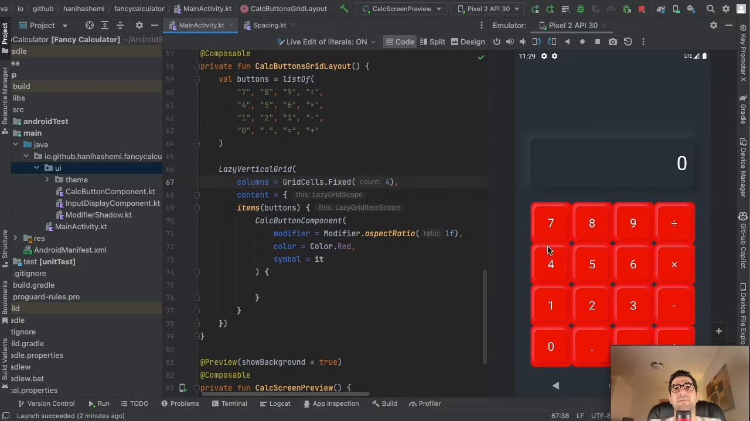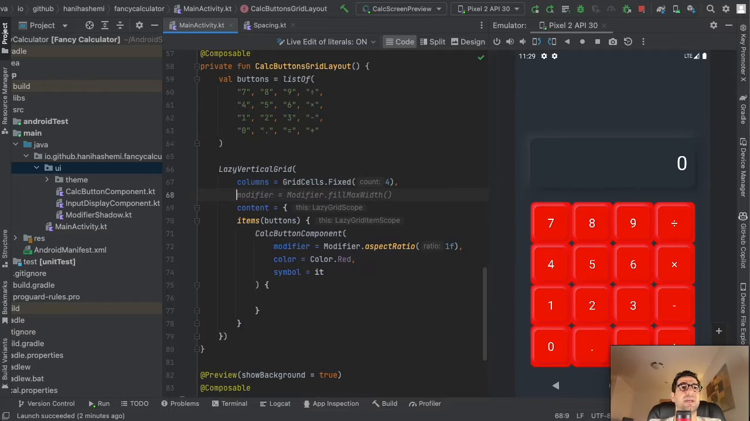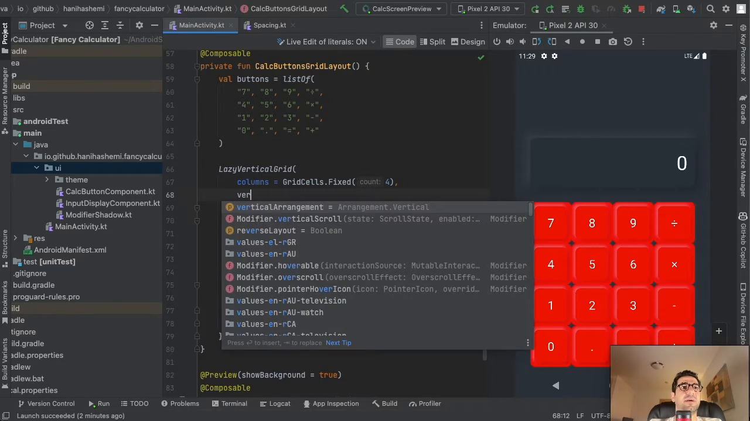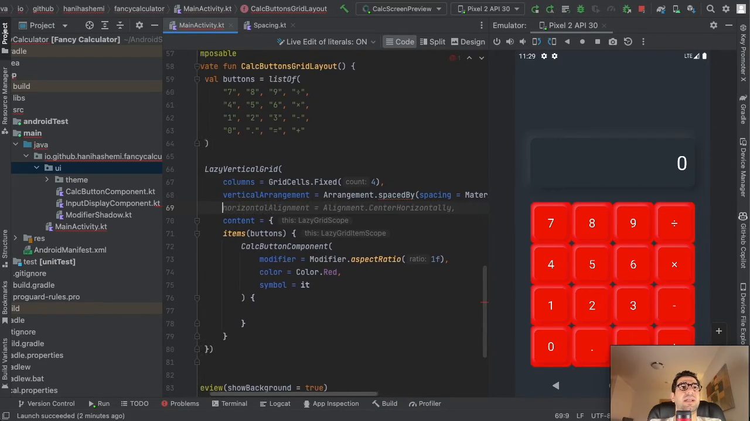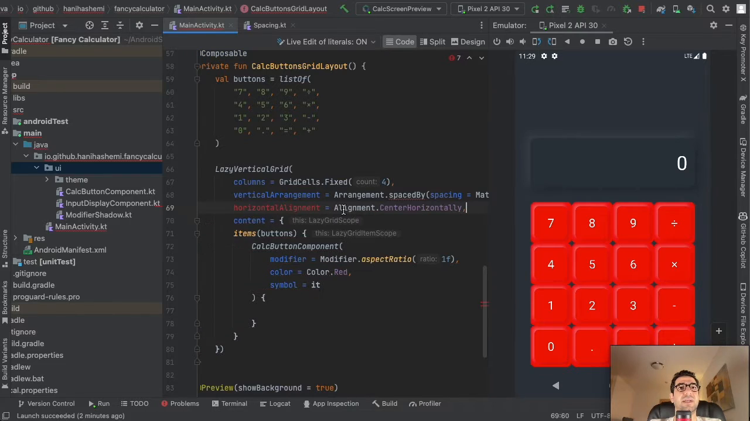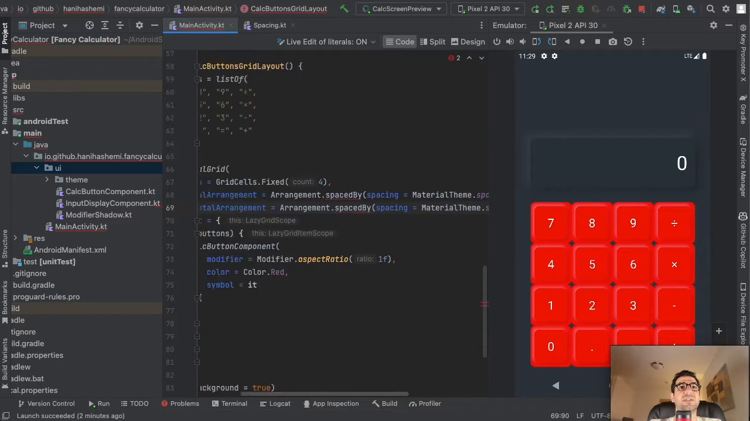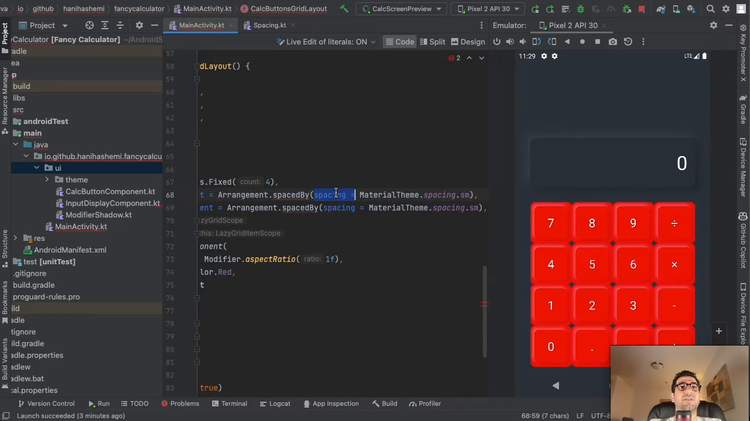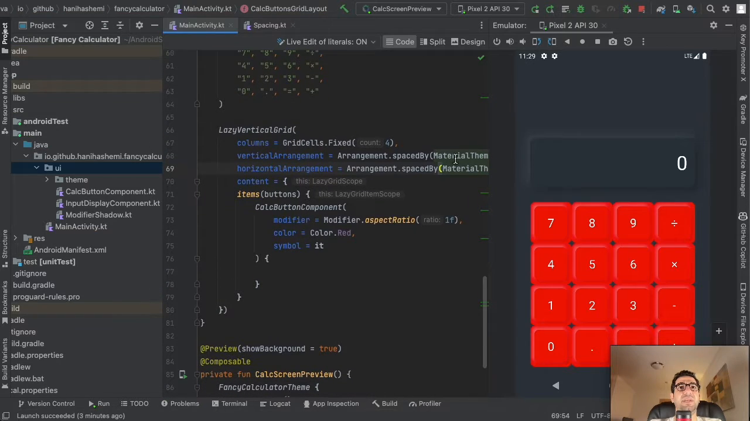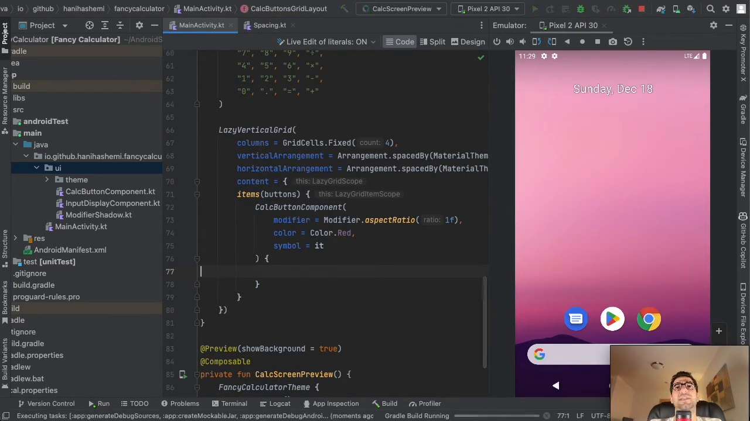The problem that we have here is about these paddings. I'm going to use verticalArrangement, which this LazyVerticalGrid has. I'm going to use Arrangement.spacedBy, and I'm going to use horizontal, exactly, horizontalArrangement. Perfect. So instead of this, I'm going to use this one. And here, let me see what is the problem. Oh, so yeah, actually this label is wrong. It should be dp if we wanted to use this dp. Let's rerun the